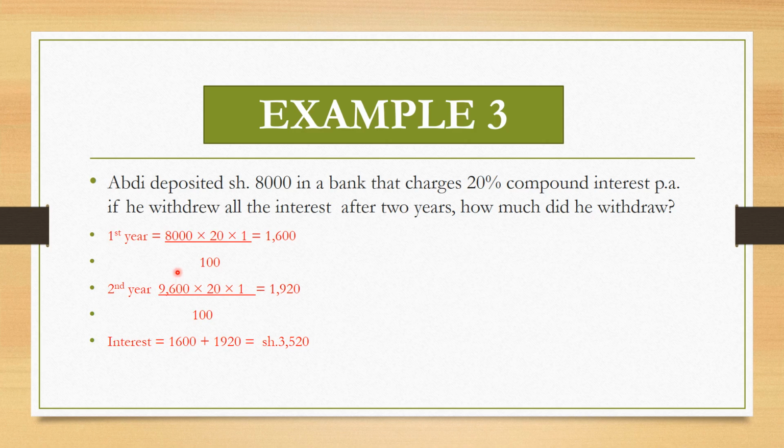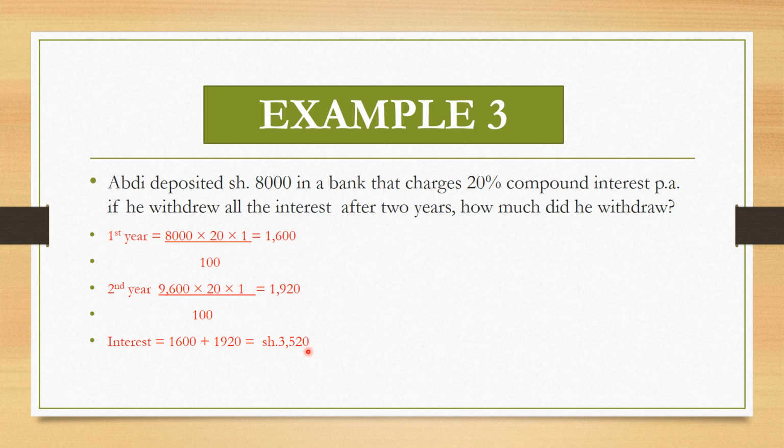9,600. So 9,600 times 20 times 1, because it is 2 years, I've multiplied the first year and the second year, 1. Then you simplify these two zeros and these two zeros. 96 times 2 is 192 plus 10. So the interest of the second year is 1,920. So what is the interest? Interest of the first year plus interest of the second year, and your answer is